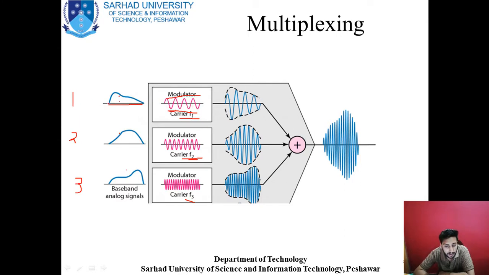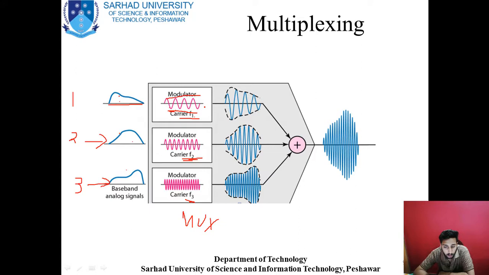User 1 has given this signal and it wants to transmit to another receiver at the other end. So the mux will modulate it with a different frequency. Then there comes user 2. The same mux will not allocate the earlier frequency, it will decide another frequency and modulate the other signal with that different frequency. And if a third input comes, the multiplexer will assign a different frequency to this user and modulate the signal according to that frequency.